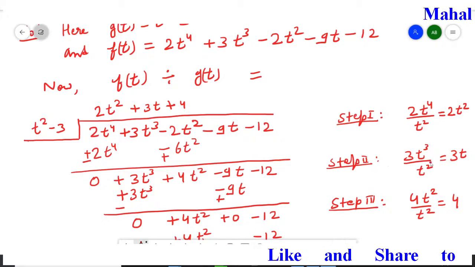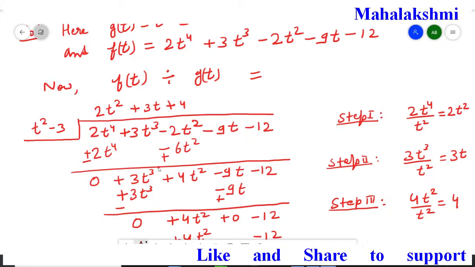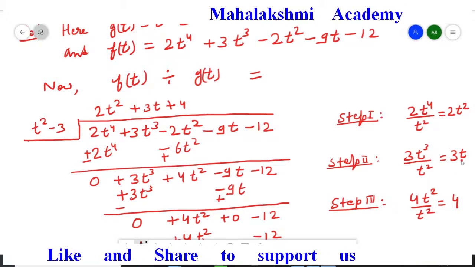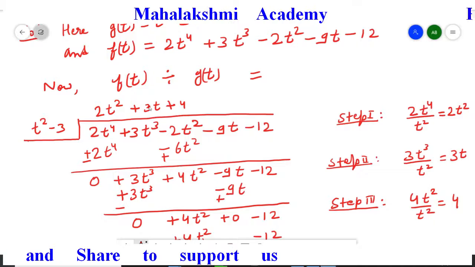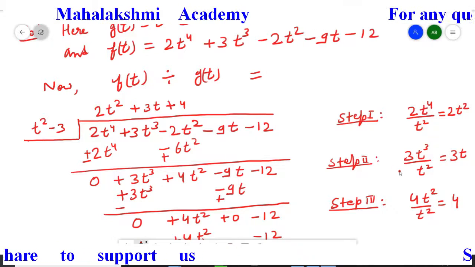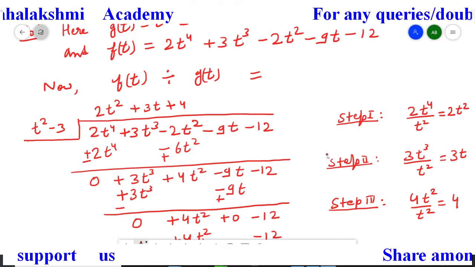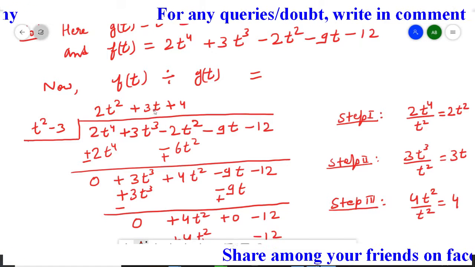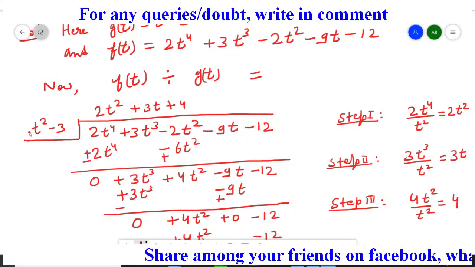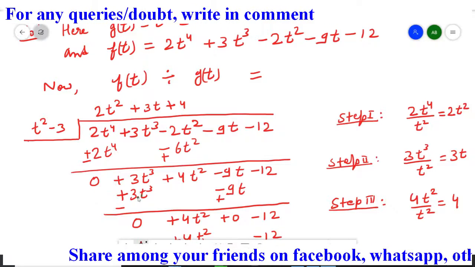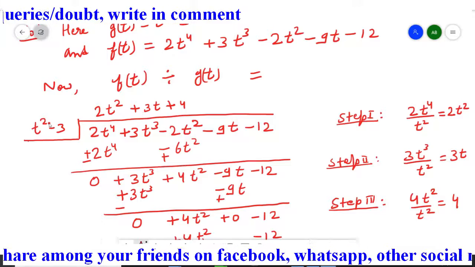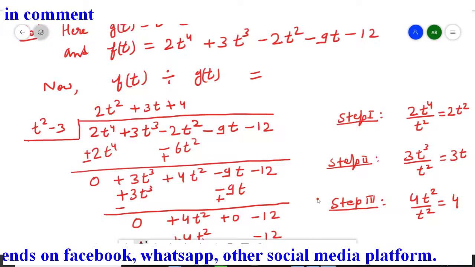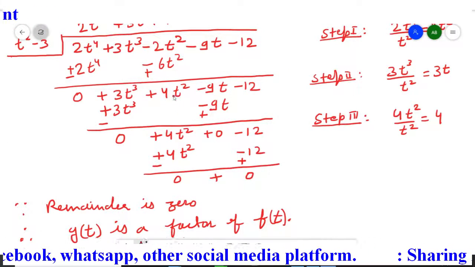Now to find out the second step quotient, this 3t cube you have to divide by t square, that will give you 3t. So this 3t you just write down in the quotient. It's of plus symbol because plus divided by plus is plus. So sign also you should notice. So plus 3t. Now plus 3t you have to multiply by t square, we will get plus 3t cube, that I wrote here. Plus 3t multiplied by minus 3 will give us minus 9t. Then I did the sign change, I subtracted. That gave the answer like this.